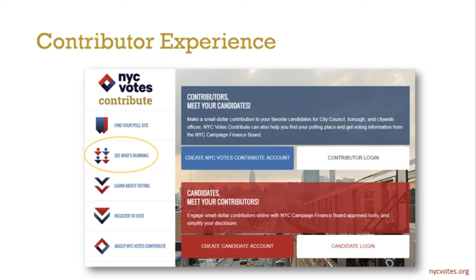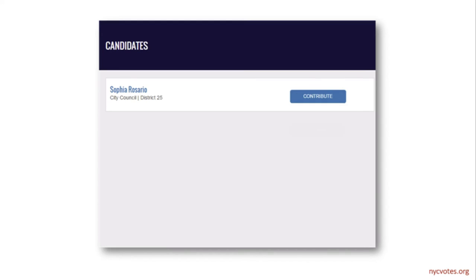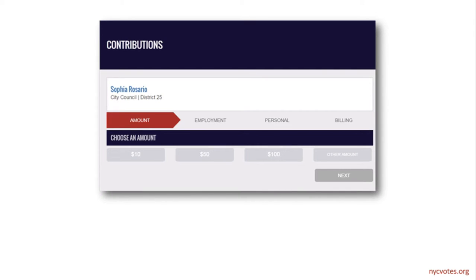Another option is to click on See Who's Running, and it will then show them a list of candidates. Here's our sample candidate, Sophia Rosario's page. If a contributor wants to contribute, all they have to do is click on the blue Contribute button. Once they do that, the contribution workflow has begun, and contributors are asked to select what amount they want to